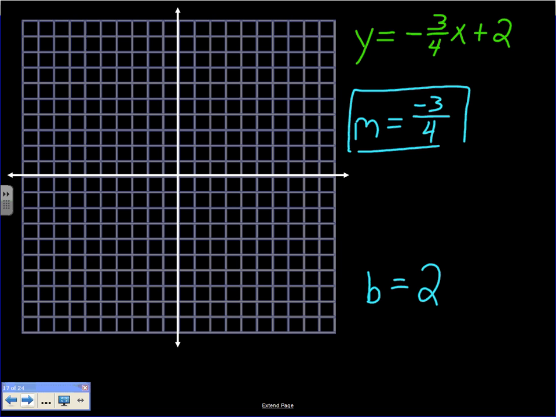The y-intercept is +2, so you plot your point (0, +2). That's going to be your y-intercept. Start at the origin right here in the middle, and you go up 1, you go up 2, plot your point. That's your y-intercept. Now your slope of -3/4,